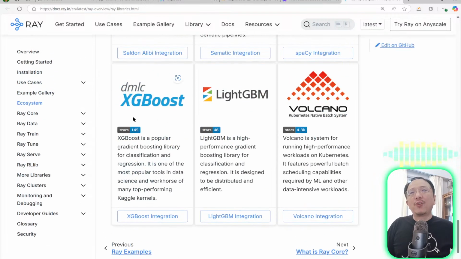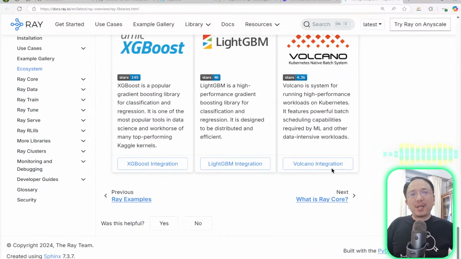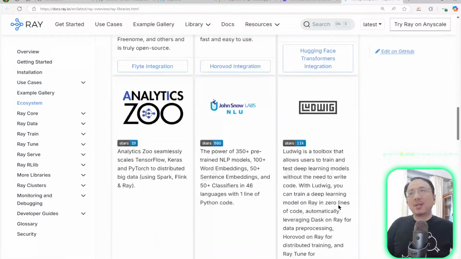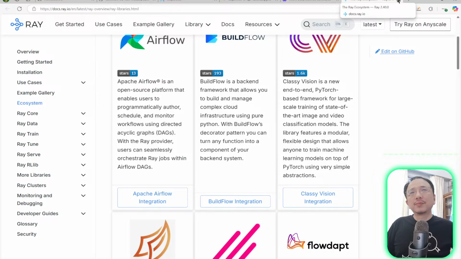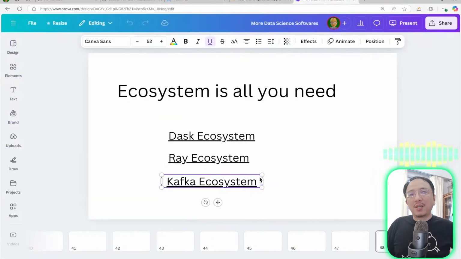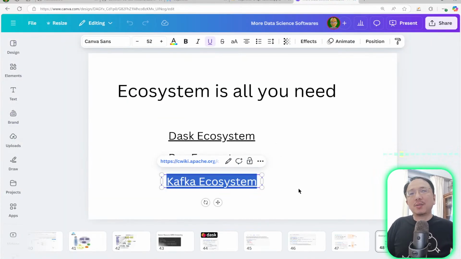And of course XGBoost and LightGBM have a really good ecosystem, and they are very focused on it because they put it in the first level. And Kafka also has an ecosystem